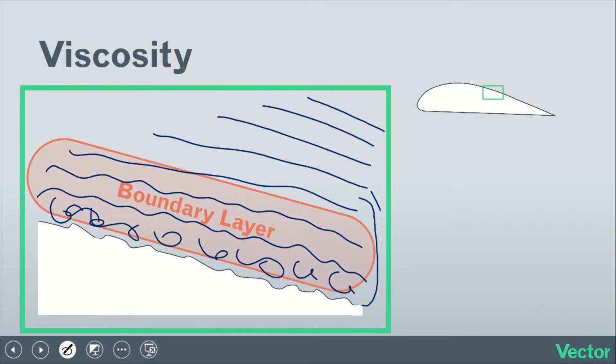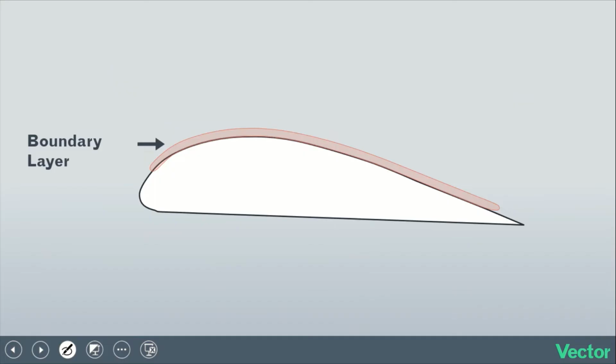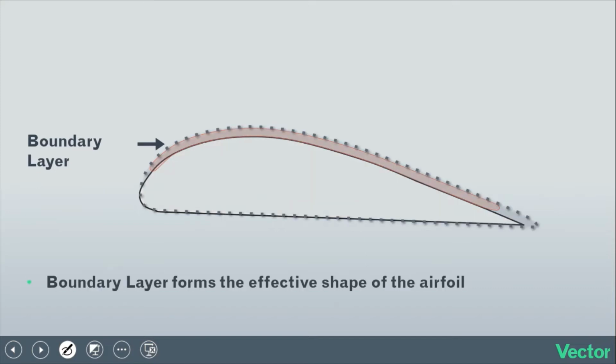Now, because of the viscosity of the air, because of the friction sort of dragging the airflow downward, the friction of this slower moving stagnating air, the air follows the boundary layer. Now, the boundary layer is usually very thin. It's usually no thicker than the thickness of a credit card, but it can change. And the important thing to understand here is that because air follows the boundary layer, it is what forms the effective